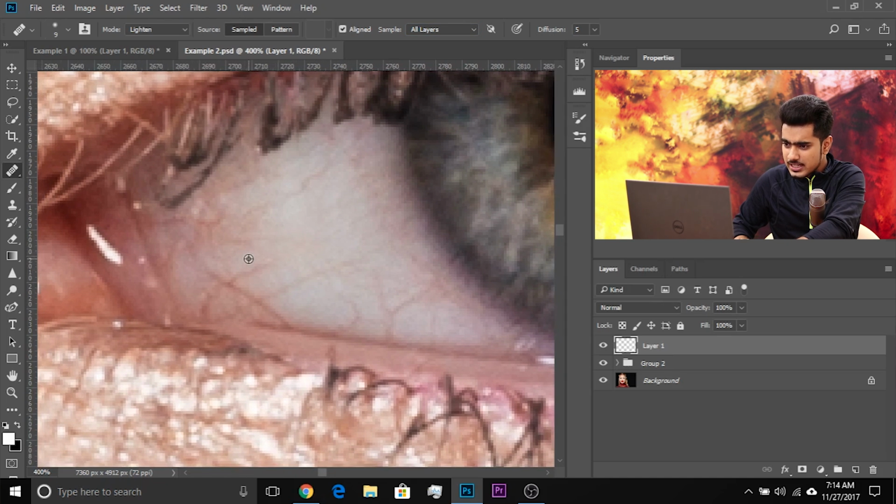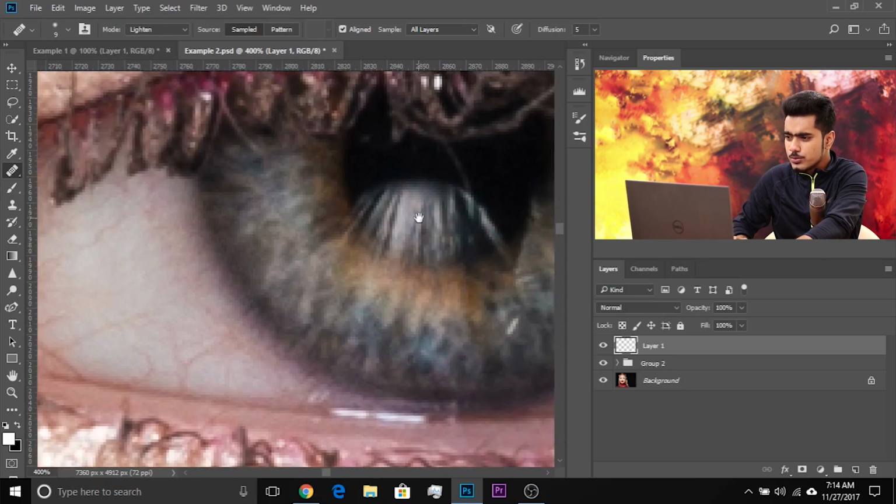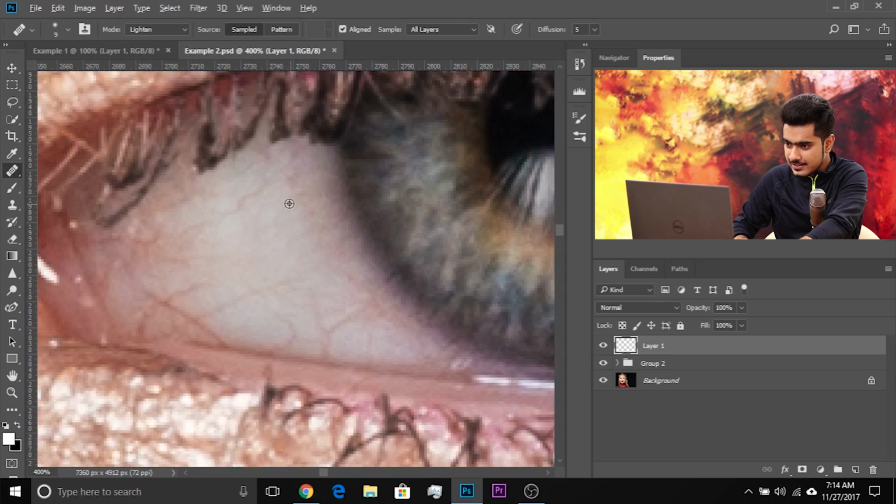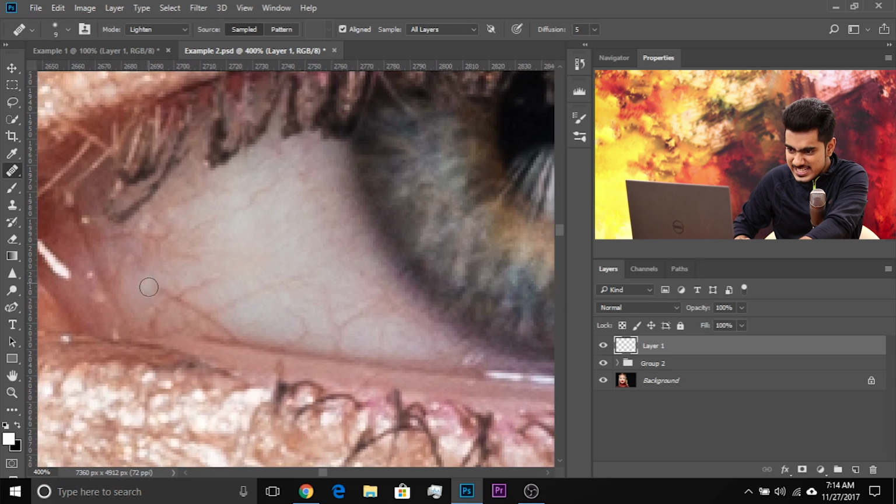Now when you're doing this and when you have the blend mode lighten, and if you have the choice between sampling from a dark area and a bright area, always sample from a darker area. Why is that so? For example, you sample from a super bright area like this, and you're painting it over here. It will make it look strange. It will over brighten up this area. But if you're painting here, better take a sample from here and then paint.